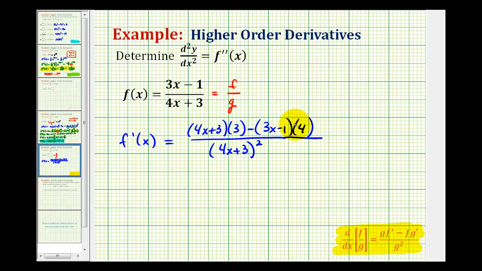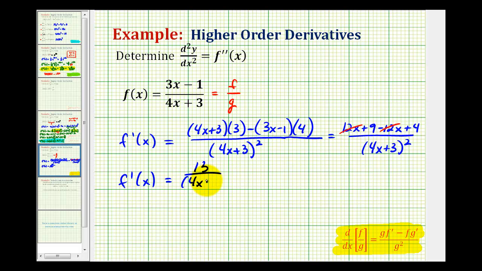Now let's go ahead and simplify this numerator. Here we'll have 12x plus 9. And here we'll distribute the 4, so we'll have 12x, but we're subtracting that, so minus 12x. Here we'll have minus 4, but we're subtracting that, so that'll be plus 4. So 12x minus 12x, that's 0. So our first derivative is going to be equal to 13 all over the quantity 4x plus 3 raised to